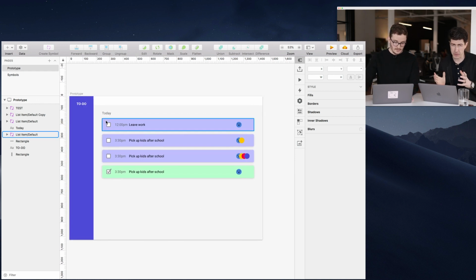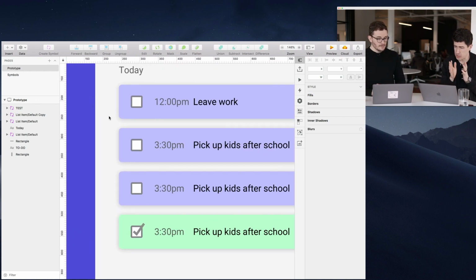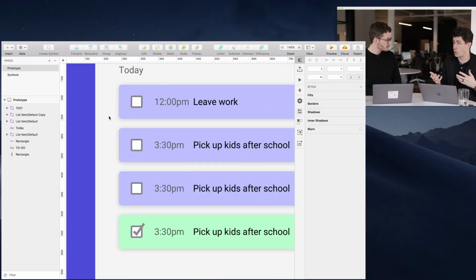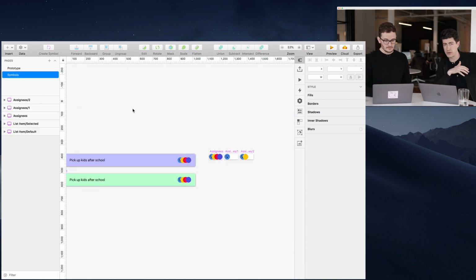A super powerful feature. If you aren't using symbols inside of Sketch, you should, because it speeds up the entire process. So honestly, libraries are just an extension of that. They're like pre-made symbols? Yeah, or you can make your own library. A library is basically just a pack of symbols that's referenced from another document. So instead of having the page that is your symbols, it's actually going to reference all of the symbols